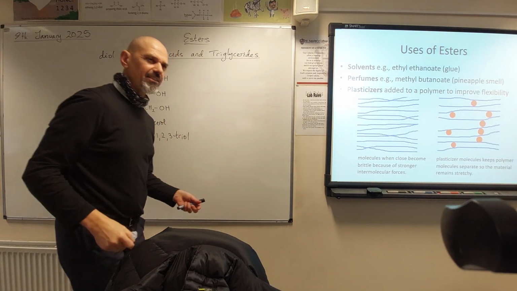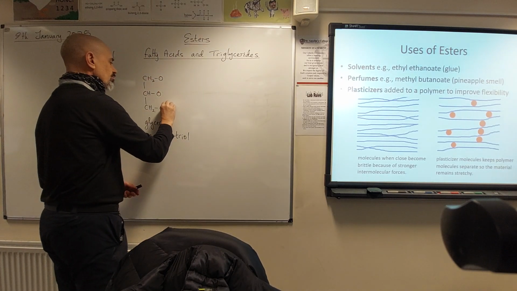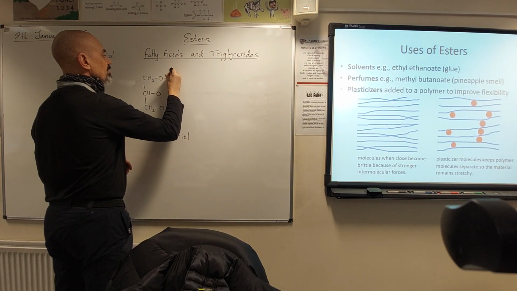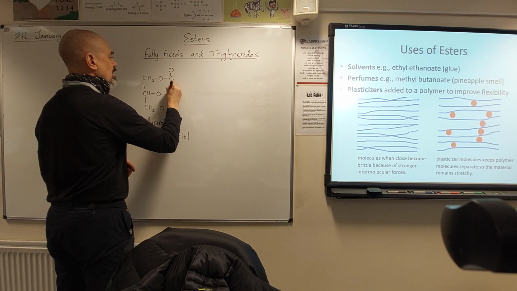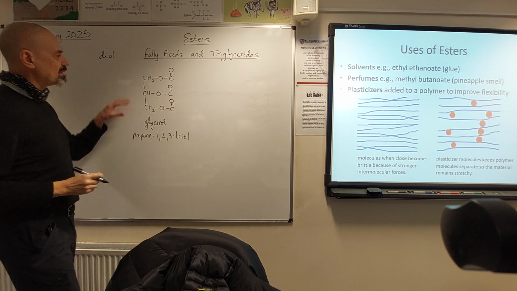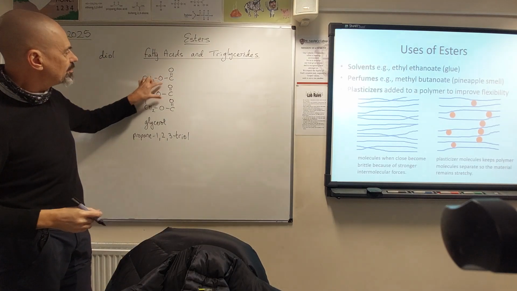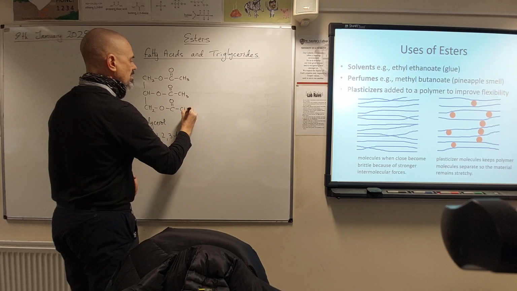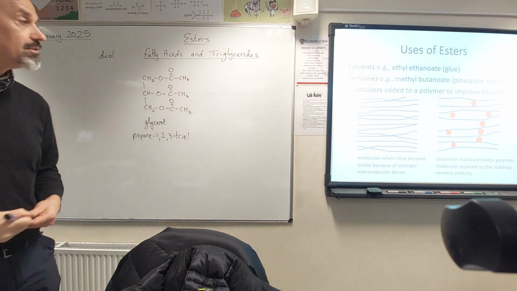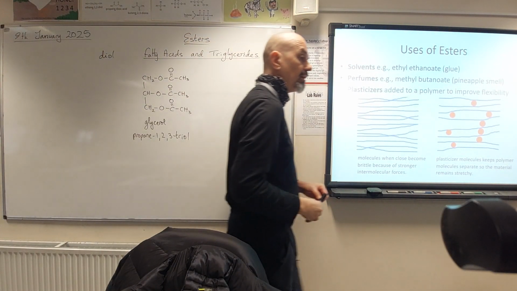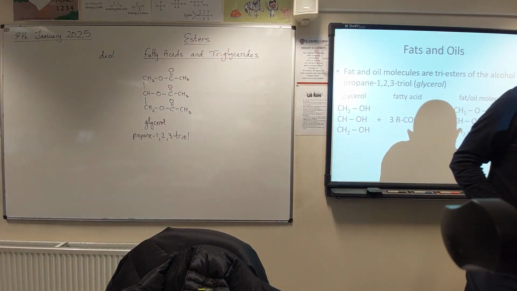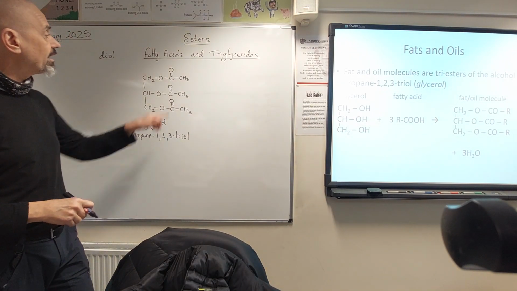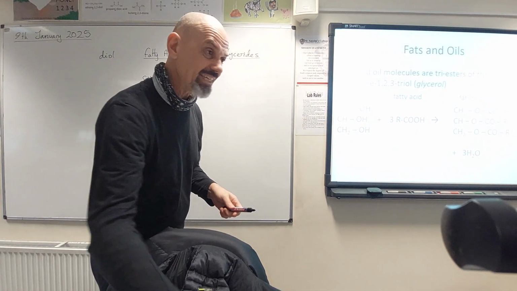So each of the acid groups is going to react with an alcohol group and form a new ester group. Remember, this is the alcohol end, O, CO, and then we'll make that. Don't worry, you don't need to name that, but what we've made there is a triester, and of course I could use different carboxylic acids and I could have